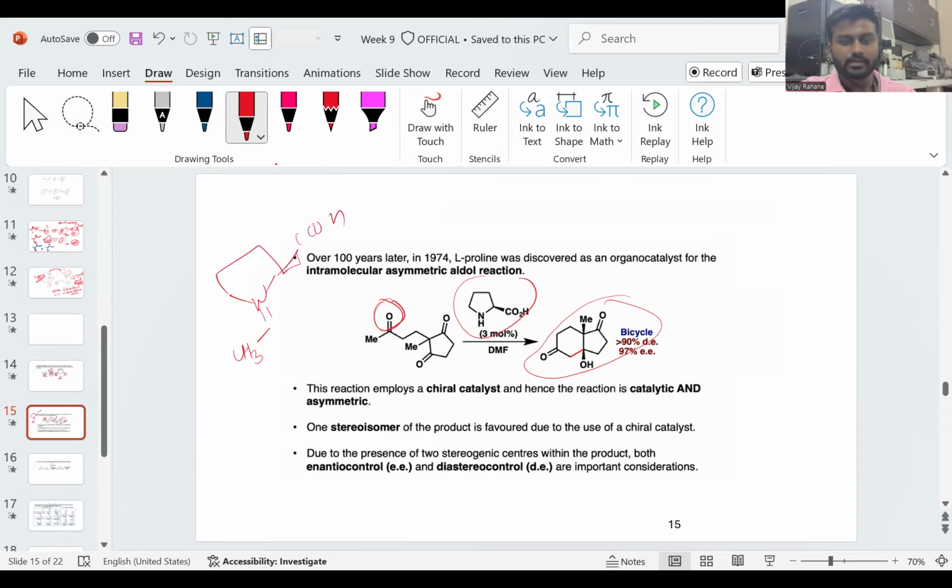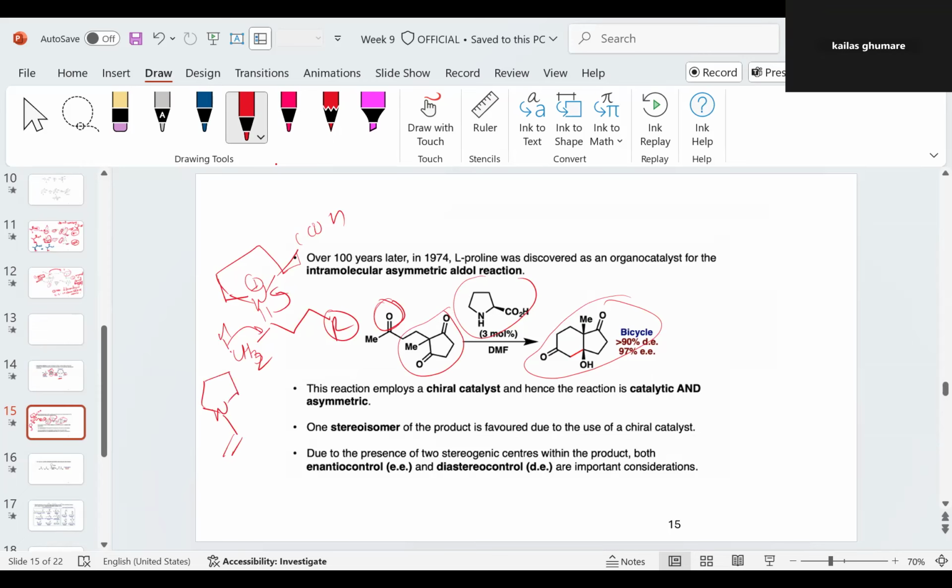C double OH, right? And let's say this is the entire group. So the group that I have represented here has the positive charge, what happens? The proton which is present here forms in this manner, and it forms an enolate. And this enolate is further, this CH2 that we have seen. So the CH2 here attacks on the carbonyl carbon, and as a result,